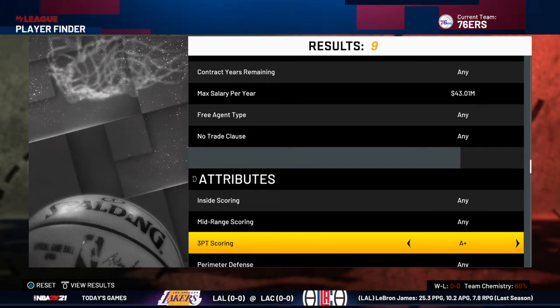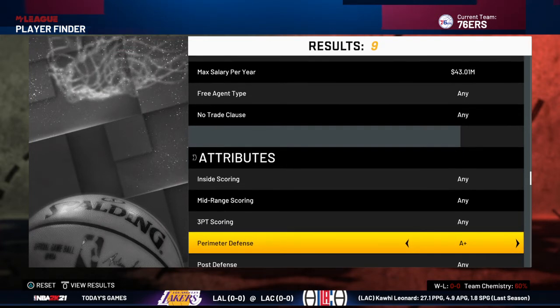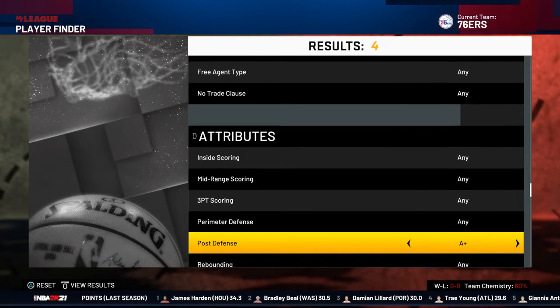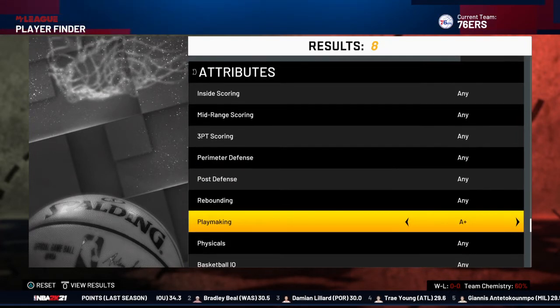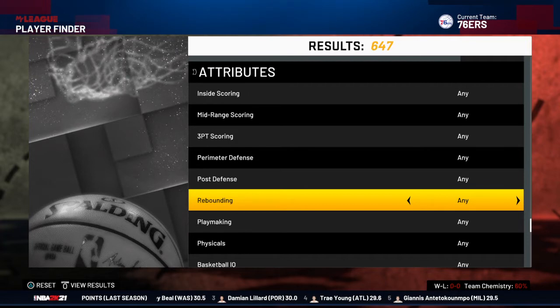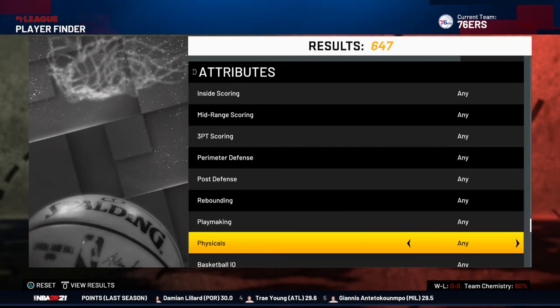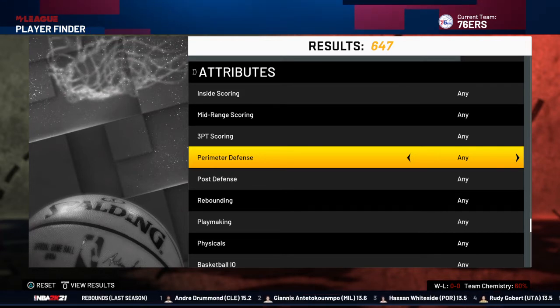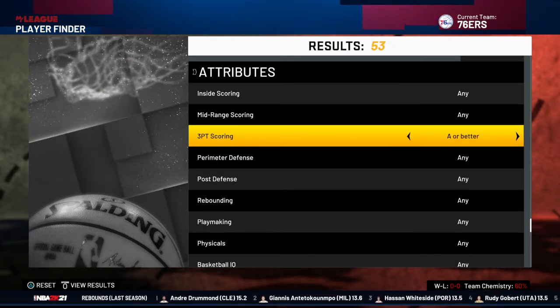And as you can see, as I go through some of these ratings, there's only 9 players that have an A+ 3-point scoring. There's 9 players with A+ defending, 4 players with post defense. When we're talking about playmaking, 8 players, 11 players with A+ rebounding. So they definitely make it a point to separate the elite talent from the very good talent to the good talent and to the rest of the league, because even as we go up, 53 players that have an A rating